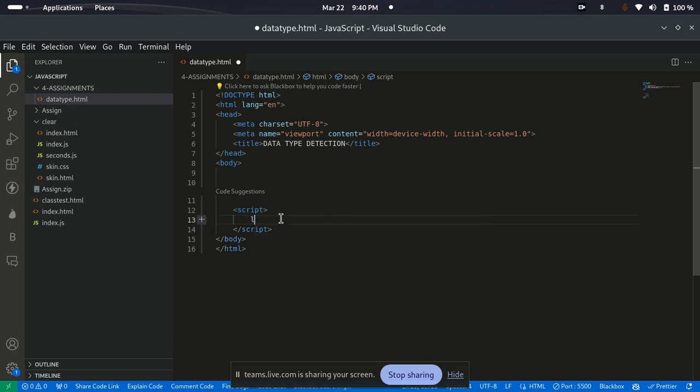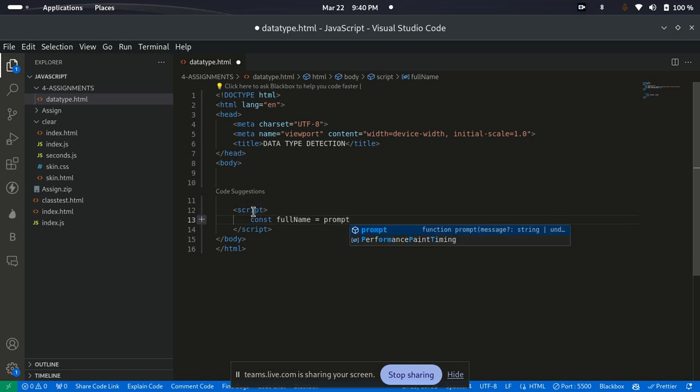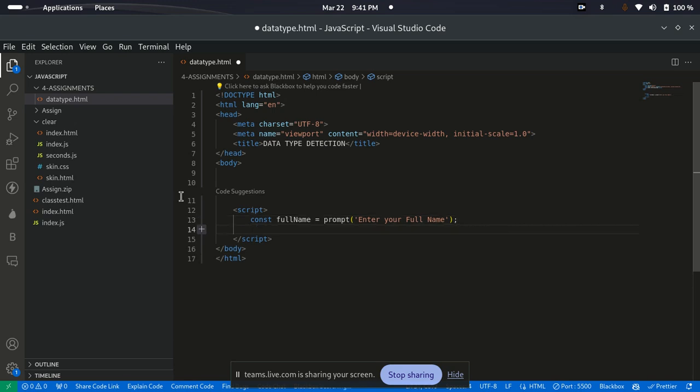Let's say const fullName. This will now be a prompt. This is a variable that will be a prompt, and the prompt will ask for your full name. So let's write something. I like to write this: enter your full name. When you enter your full name, it's going to save it as fullName. Then you are still going to get another prompt after this: